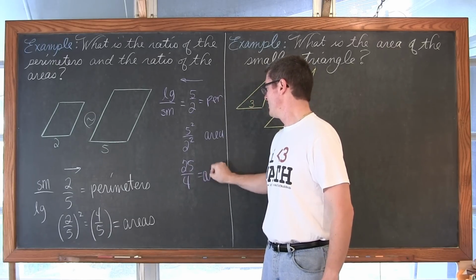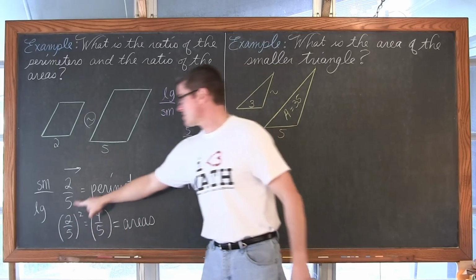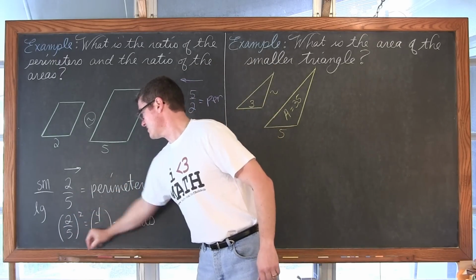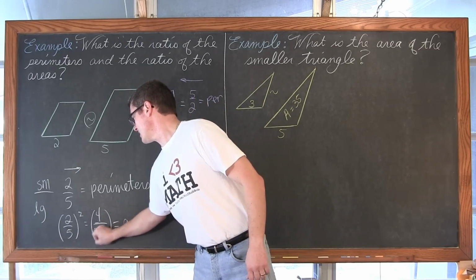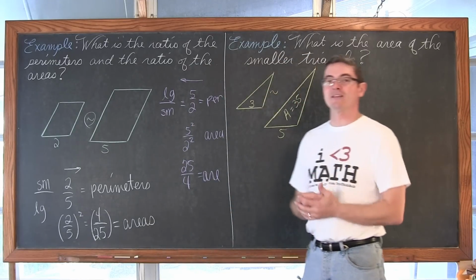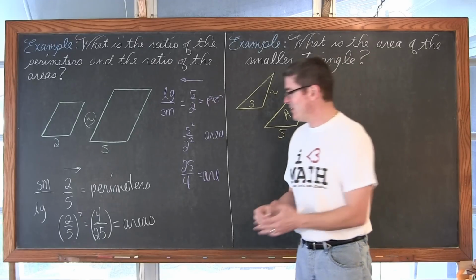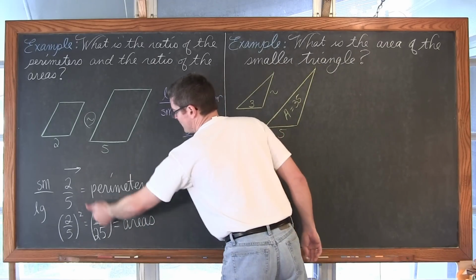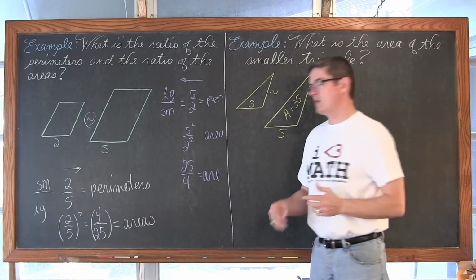And I'm starting to realize that when I took this 2/5 and I squared it, I squared the numerator but not the denominator, and that is a very common mistake that I see my own students make when they're trying to rush through a test. I'm trying to talk and write at the same time, and sometimes I do it very well, and sometimes I don't. Anyway, so the ratio of changes are 2/5 and 4/25, or 5/2 and 25/4.